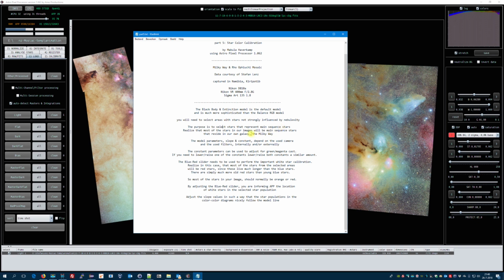You will need to realize that most of the stars in our images will be main sequence stars that reside in our own galaxy, the Milky Way. So, in all of our images, most of the stars that you see are main sequence stars. Those are stars that are in the first phase of their evolution. And the first phase of the evolution is generally the phase in which each star lives most part of its